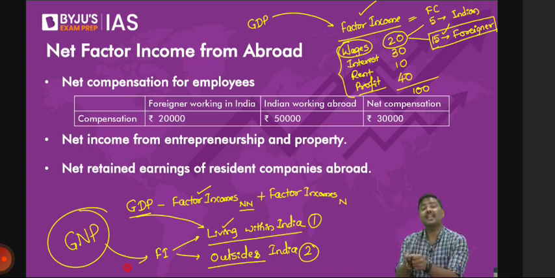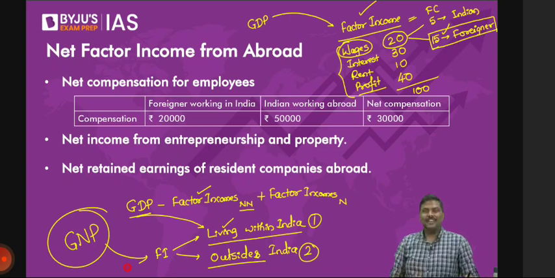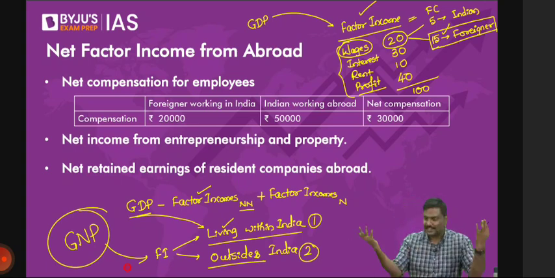Any difficulty here? Please do let me know. How can we identify a foreign worker and an Indian worker? My dear, the government has all the data. Don't you think that when foreign software engineers come into India, the company will report to the government that out of 100 employees, 20 are foreigners and 80 are Indians? Do you think the government doesn't have even this data? So this is how gross national product is calculated.